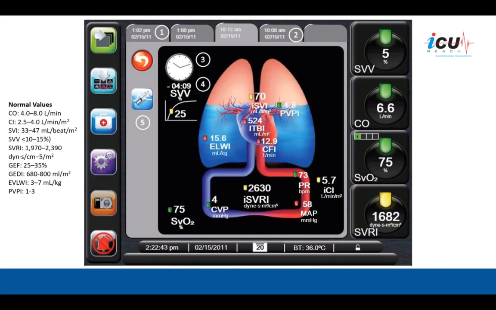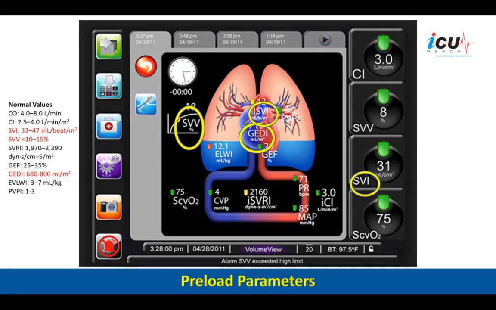This is the screen that you get when you hook up this device, calibrated and zeroed, and then you get these parameters that include different parameters for the hemodynamic profile. We'll start with the preload parameters. We can look at the global end diastolic index as a value of less than 700 or more than 700. The normal value is between 680 and 800, but anything less than 700 would probably indicate that your preload is